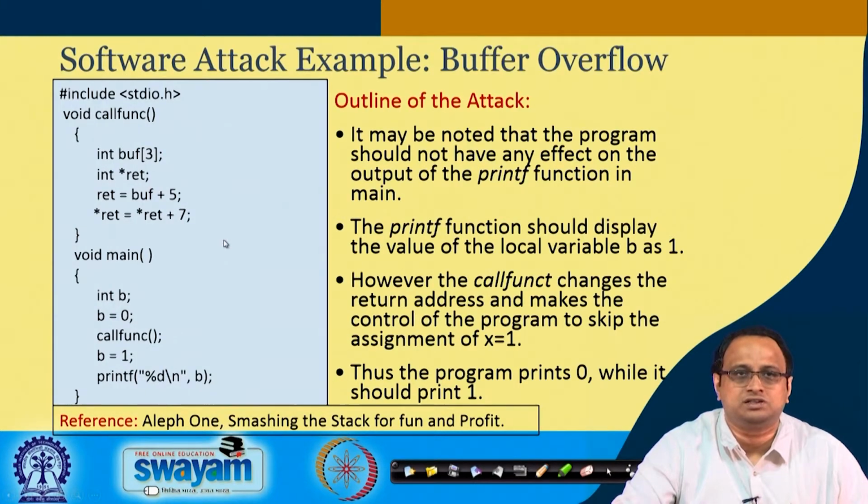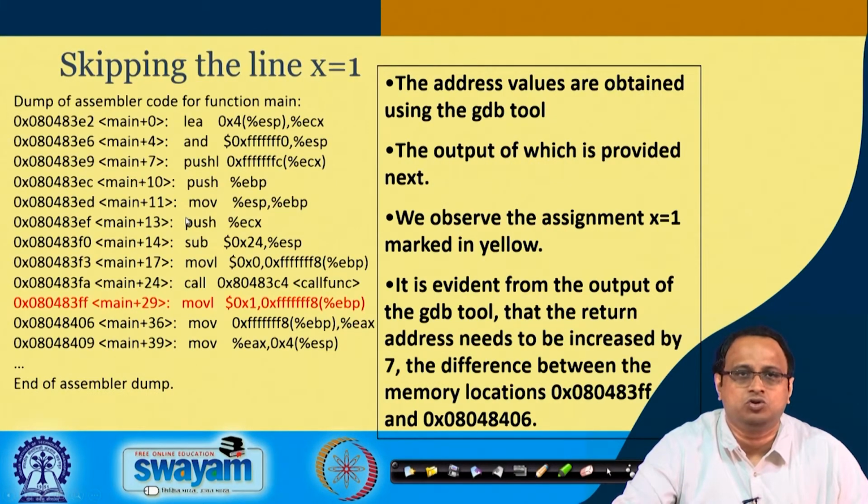So what we do next is that we increment the value of the return address by 7. Now why 7? In order to understand that, we can take a look into the GDB dump, and here is a portion of the GDB dump. The line which has been highlighted in red is the line which I would like to skip, because here is where B gets assigned to 1. In order to skip this line, we observe the difference between these addresses which have been shown here as